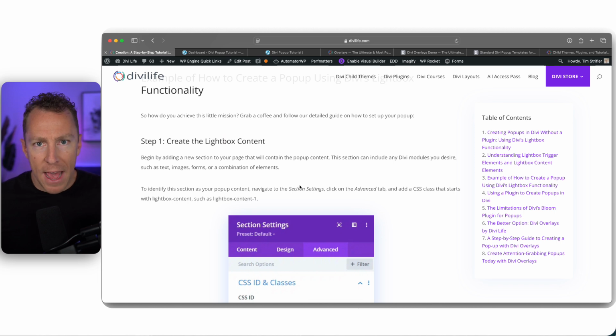And so you might already have something built out on the screen, or maybe an existing section of the page that you're like, oh, this would make a perfect pop-up. If so, great. If not, then you can design something that you want to be the pop-up, and you can do it right there in the builder. And